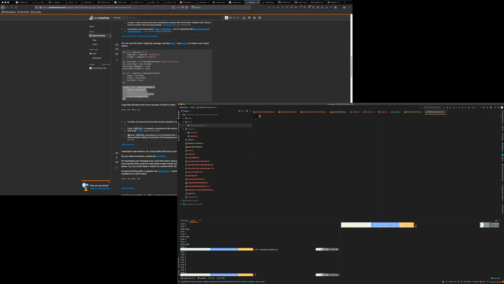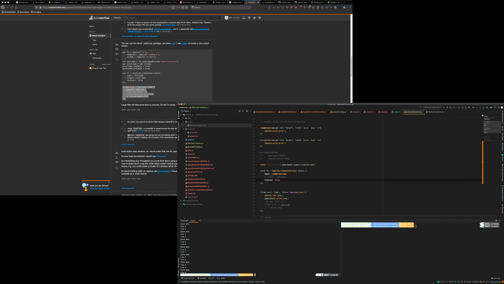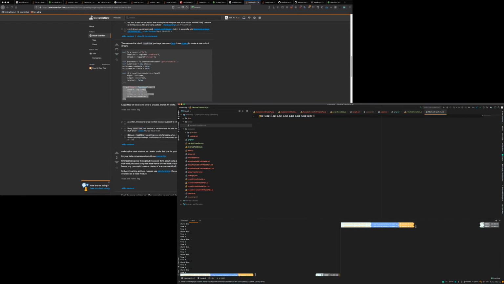Okay, this is not doing anything. So this here is reading the data. So what's happening here is we are reading the data from the uppercase, and then we're transforming the data